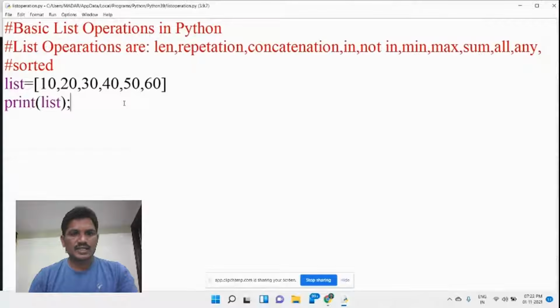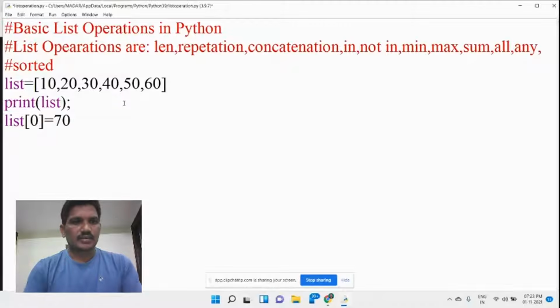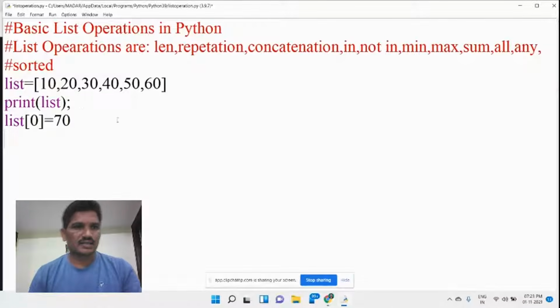Then I would like to change, for example, list of 0. List of 0 equals 70, because list of 0 is the first element, which should be replaced with 70. Then I would like to check whether it has been replaced or not.